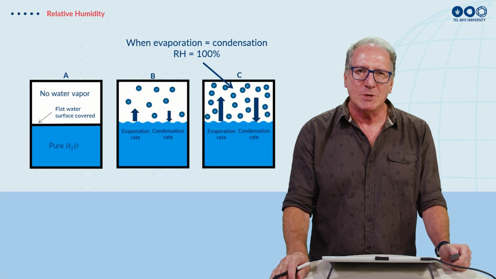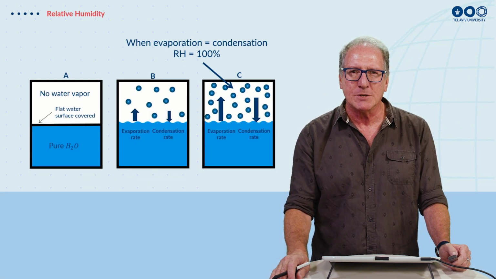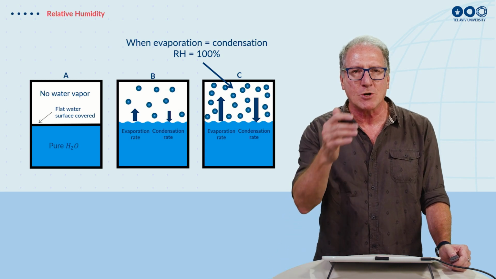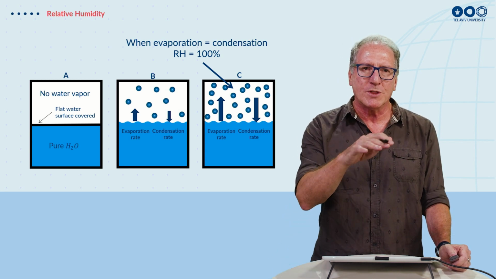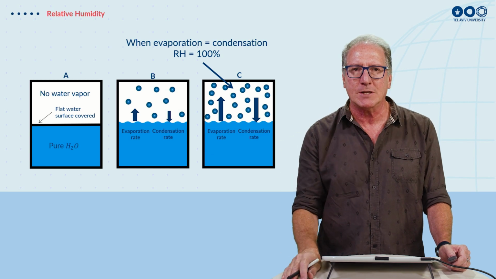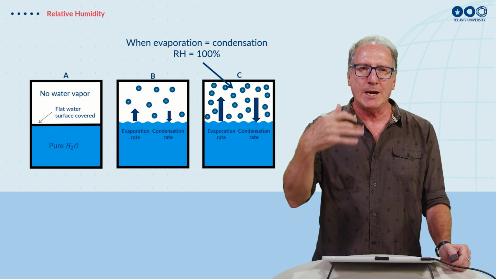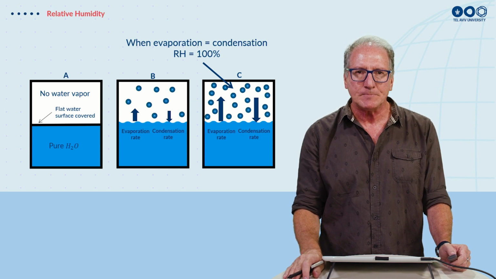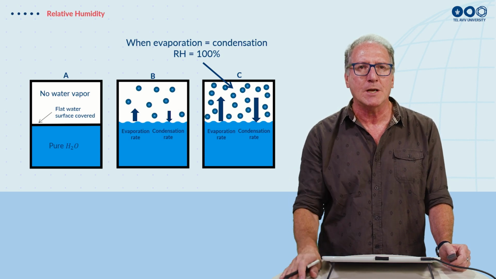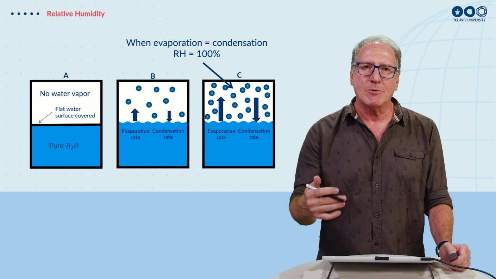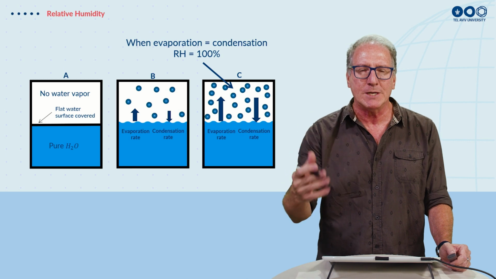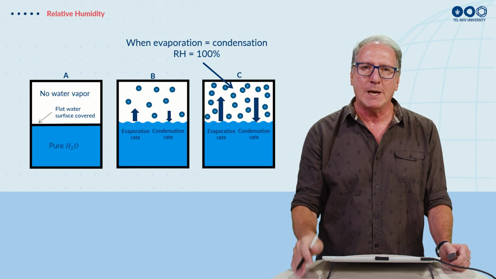How do we get relative humidity of 100%, so we get to the saturation? Well, let's look at this little experiment here. If we have this container on the left, water with a flat cover on top of it so that the water cannot evaporate, the air above the water, above this surface, is completely dry. As soon as we take this lid off the water surface, some of the water molecules are going to start leaving the surface of the water. They're going to evaporate. But some will also return back to the water surface.